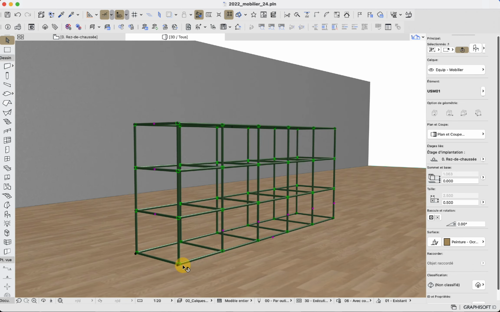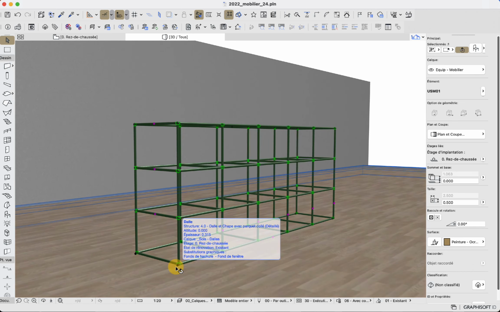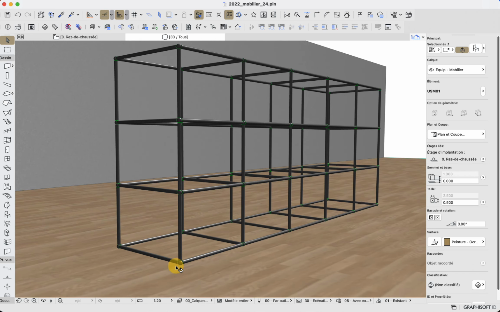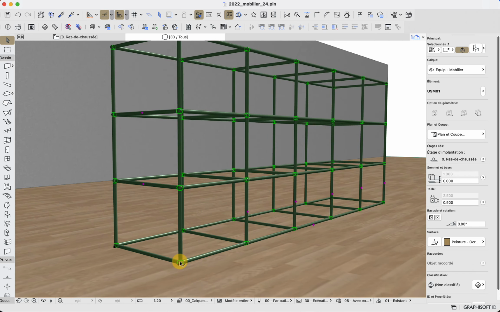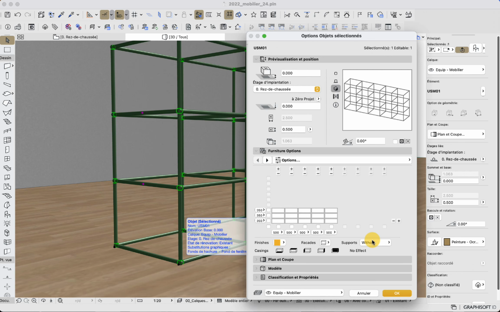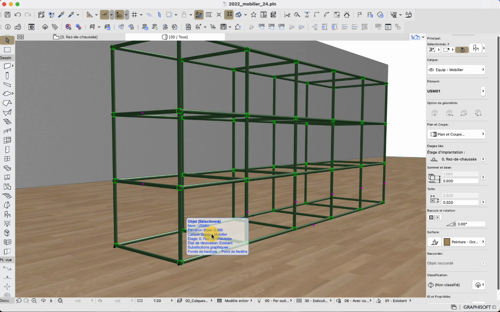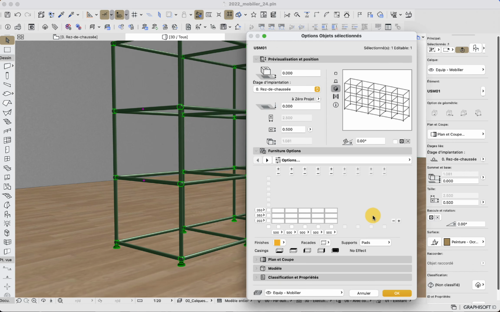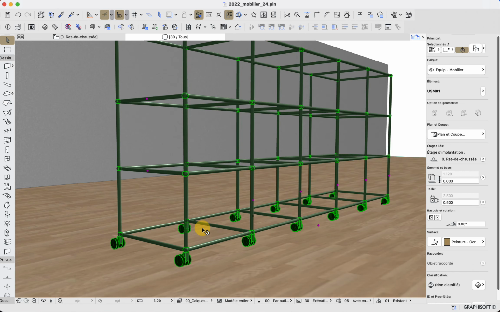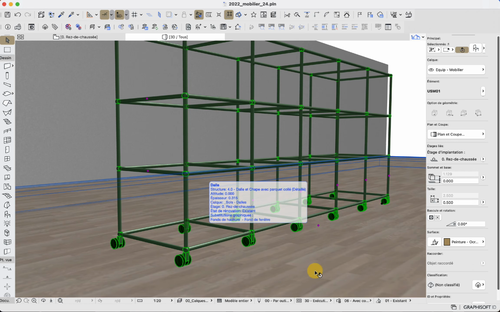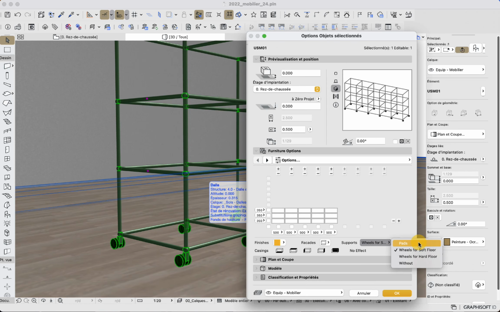When I am okay with this, I have one more thing to do before putting the cases, which is to decide if it's wall-based furniture or floor-based furniture. If it is floor-based, then the furniture cannot be directly on the floor. It would need some support, for example pads, or wheels if the furniture is supposed to be movable. For example, if I have some shelves that can be moved around my office, maybe it's better to have wheels rather than pads.